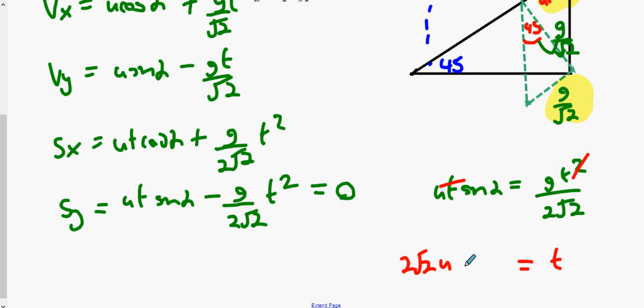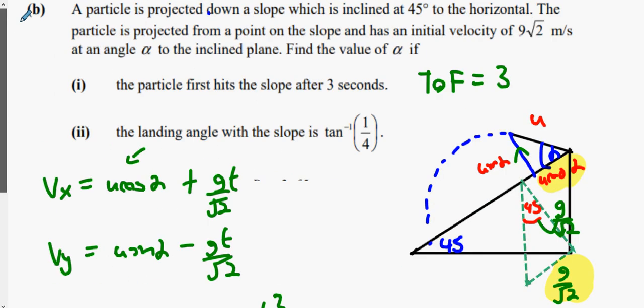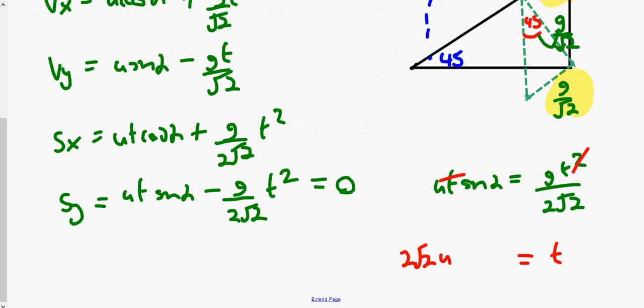We don't need to do that, do we? What does it want from us again? It wants us to find the angle. So I actually don't have to isolate t at all. What's the only thing I have to do here? Just sub in 3 now, don't I? So anywhere you see a t, put in 3, you're going to get u